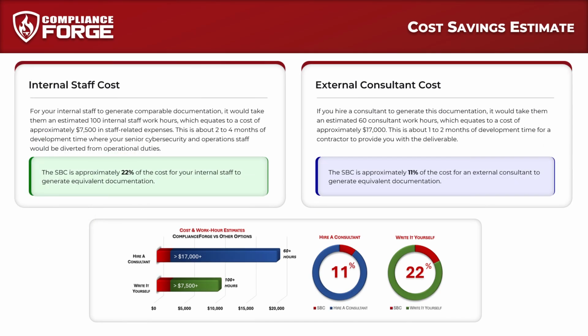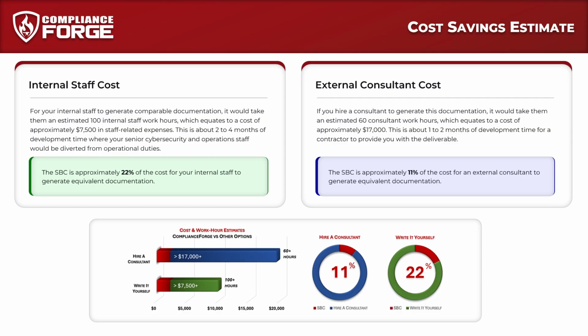Now compare that against the two alternatives for obtaining quality cybersecurity documentation. For your internal staff to generate comparable documentation, it would take them an estimated 100 internal staff work hours, which equates to a cost of approximately $7,500 in staff-related expenses. That is about 2 to 4 months of development time, where your senior cybersecurity and operations staff would be diverted